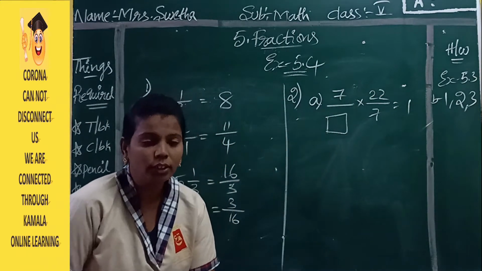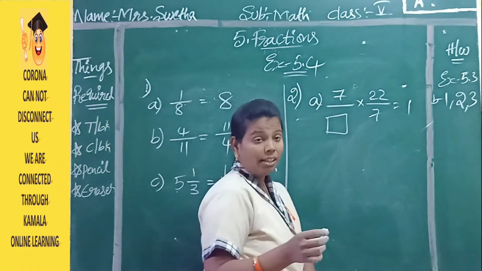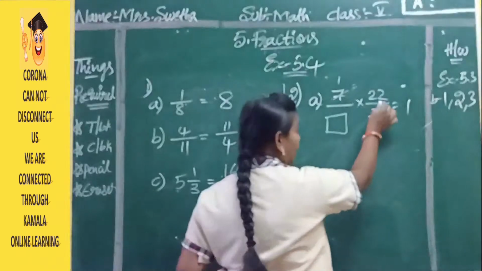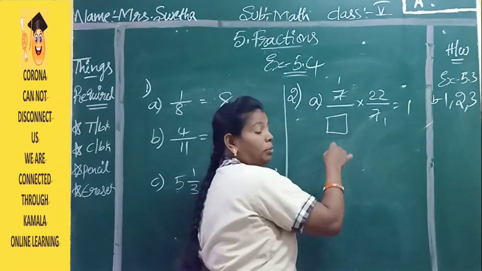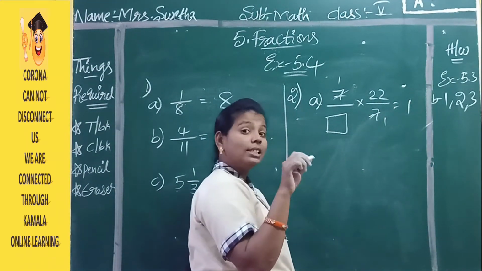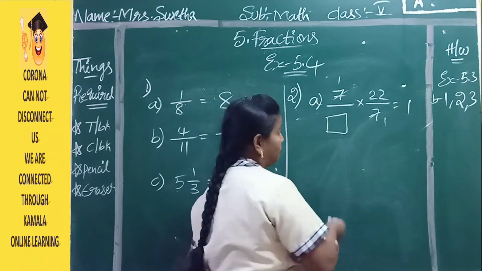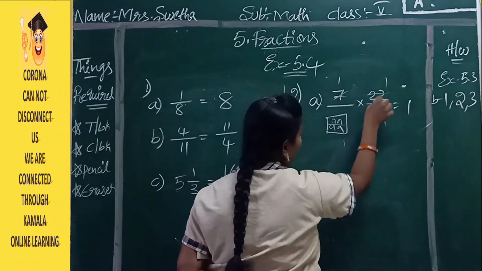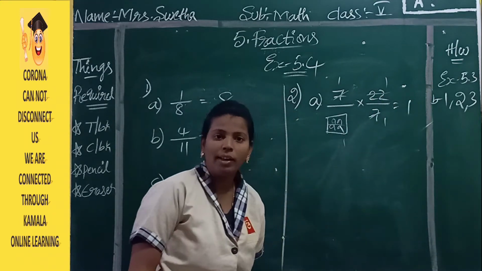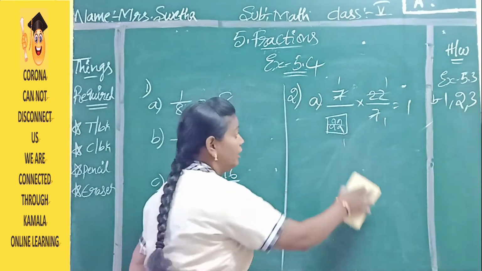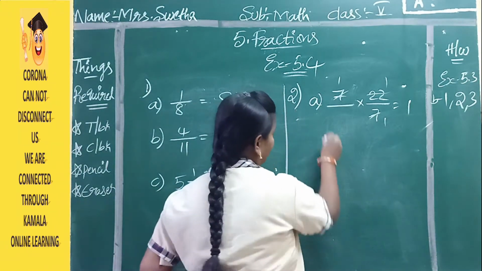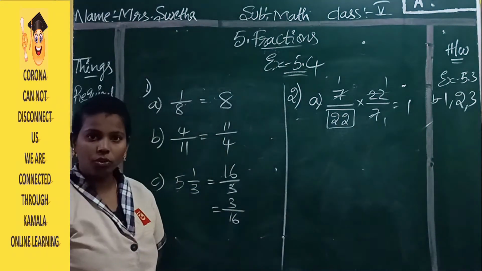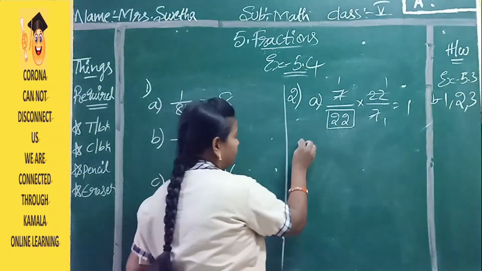I said already the opposite numbers we can cancel. So here the 7 and the 7 we can cancel. Here 22 is there, which means the opposite number, the same number, is needed in the same place. It is 22 only. See, 22 and the 22; all ones are there, so you will get your answer as 1 only, no? So what do you have to write in the box? It is 22, the same number. The answers will already be there in your question only. From there you have to write.